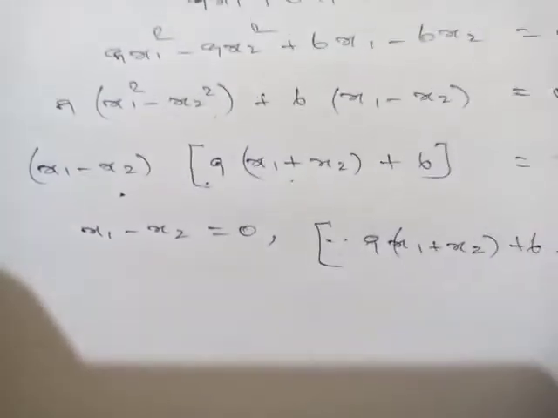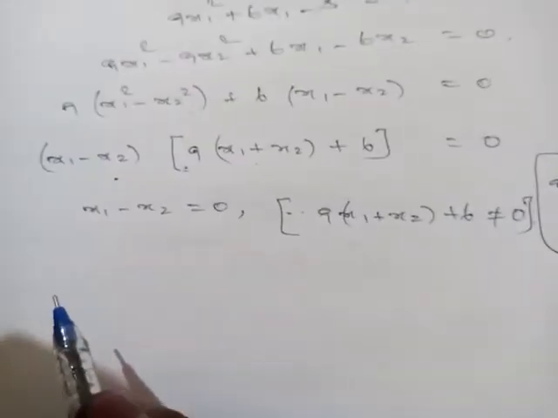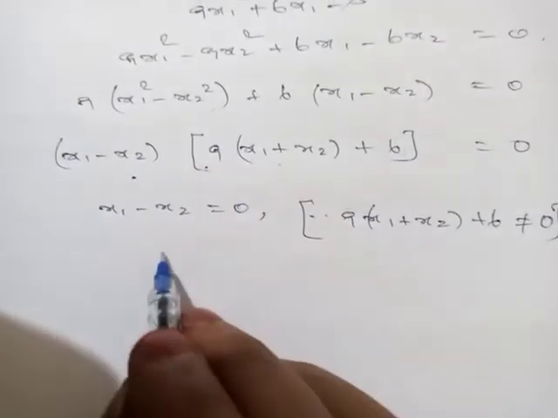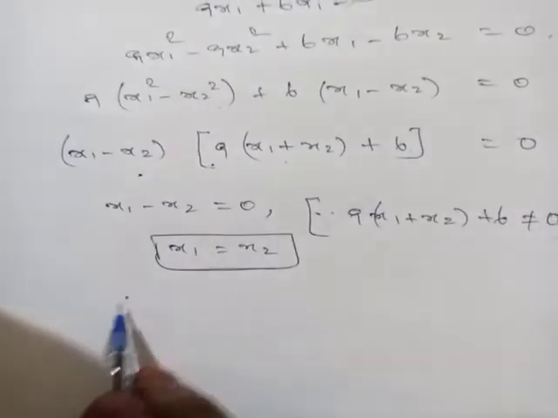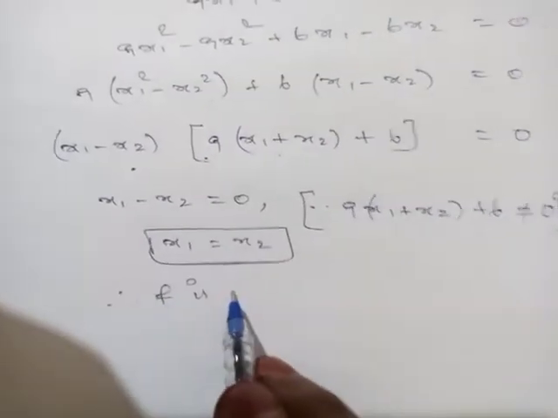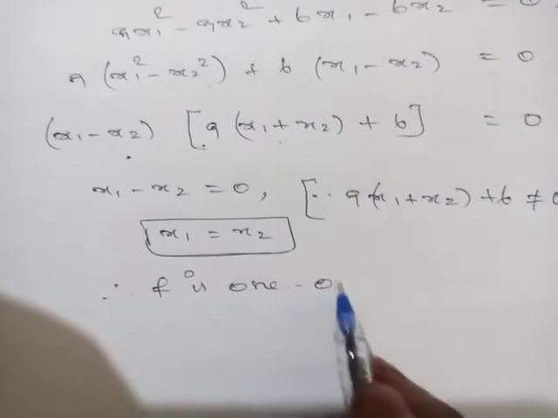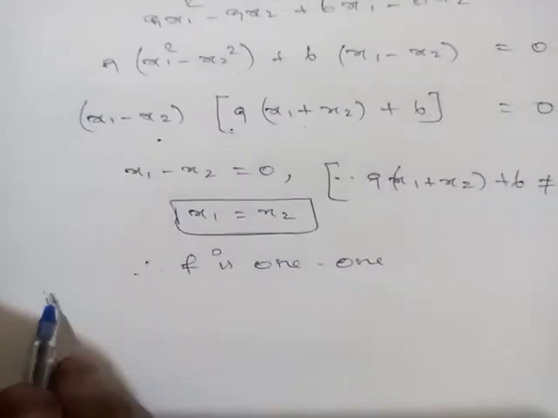This will not become 0. Therefore what I am taking, x1 minus x2 is equal to 0. Therefore x1 is equal to x2 we can say. Therefore what we can say, f is one-one function. Next, for onto,